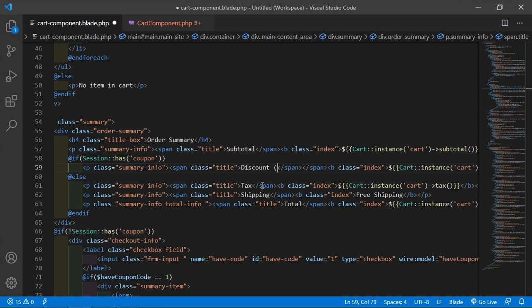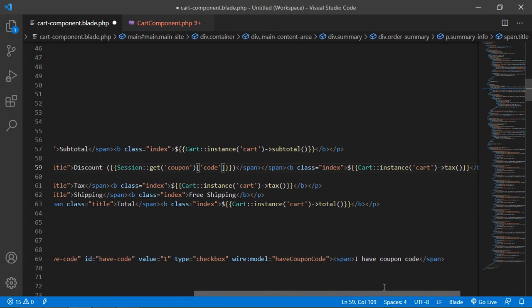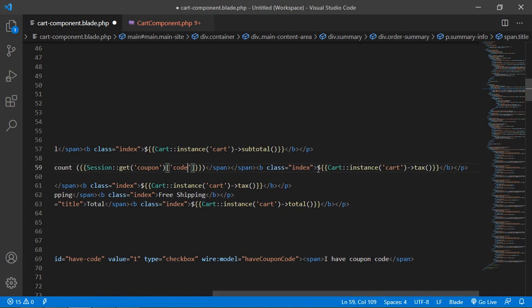So in parenthesis add here double curly bracket, then session colon get, and add here the coupon, and also add here the key code. All right. And now just remove this.